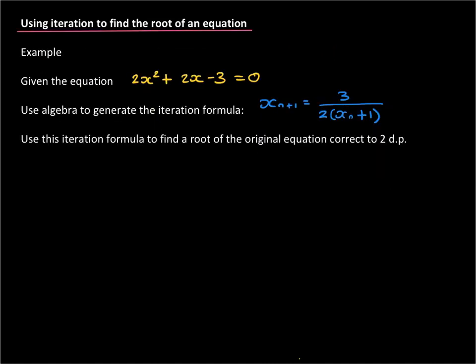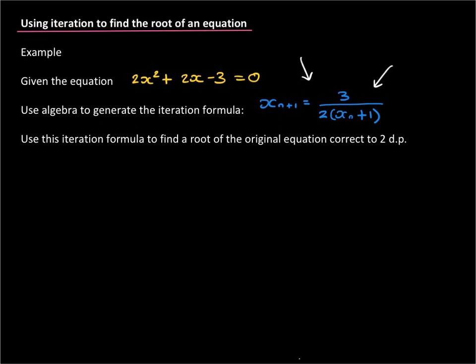So let's look at another example. We're given the equation 2x squared plus 2x minus 3 equals 0, and we need to rearrange this to generate this iteration formula here. So we need to isolate x on one side, and there will still be x terms on the other side. I notice that there's no square rooting going on in this result over here, which gives me a little bit of a hint as to how this might work, and there's a lone 3 on the